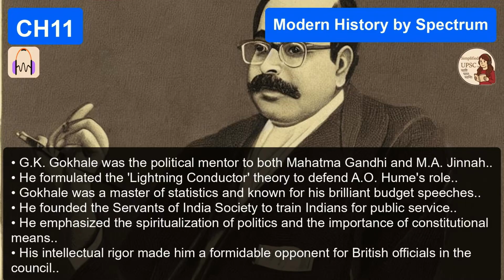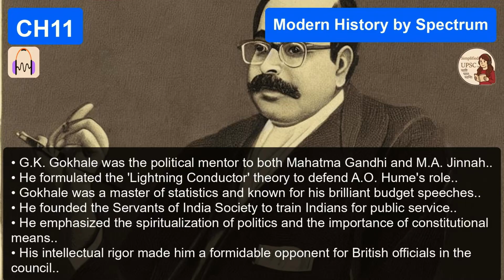And what about the railways? Because the British always pointed to the railways as their greatest gift to India. How did the moderates counter that? The moderates completely deconstructed the railway argument. They pointed out that the railways were built with foreign British capital, and the British government guaranteed those investors a fixed, high rate of interest, usually around 5%. Even if the railway lost money? Even if it lost money. And who paid that guaranteed interest? The Indian taxpayer. Wow. Risk-free capitalism for the British, subsidized by the Indians.